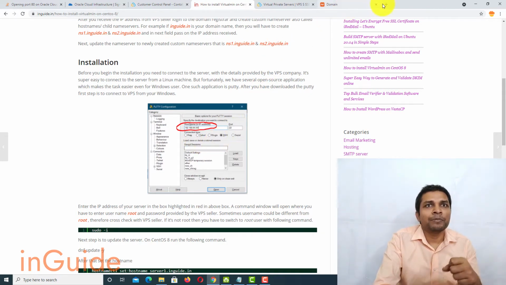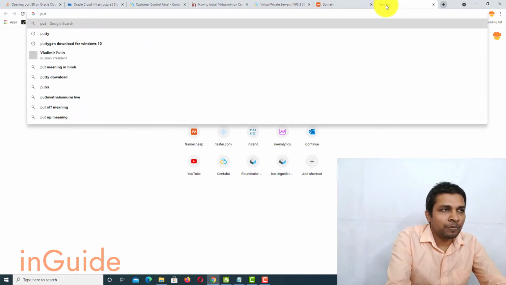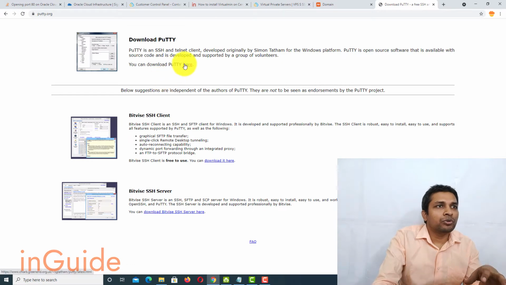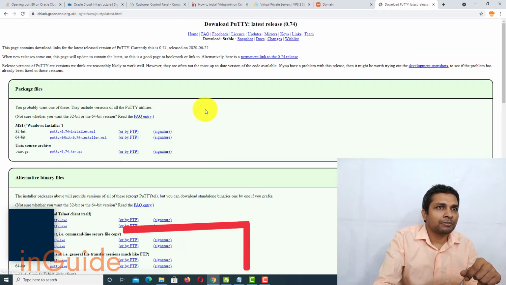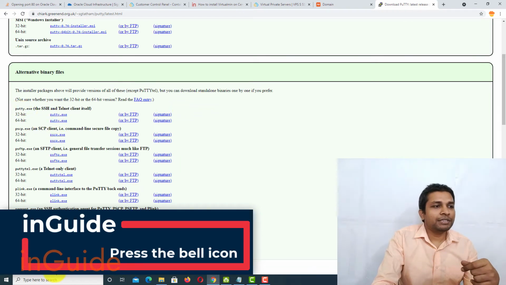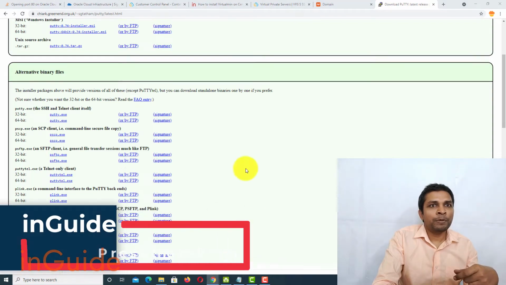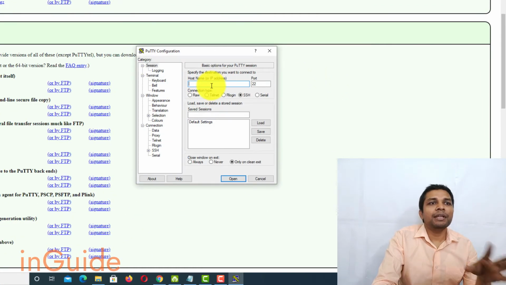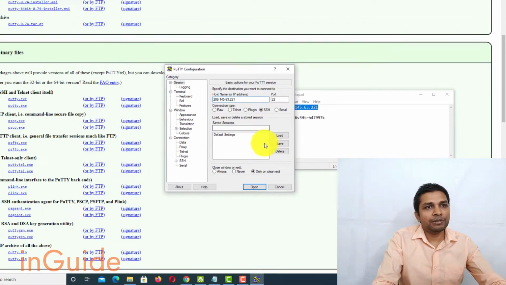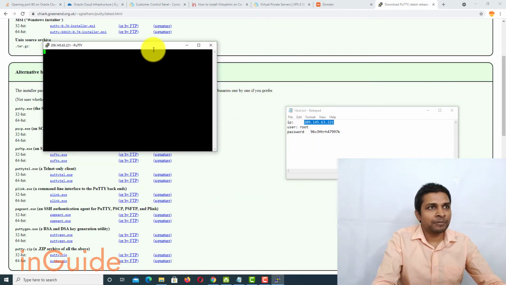to your server. So you need a special software called PuTTY, and all you need to do is go and download it, and then based on your operating system, download it. Alright, next, open it, and then you have to paste the IP address right here. So let me get the IP address and then paste it. After that click on open.